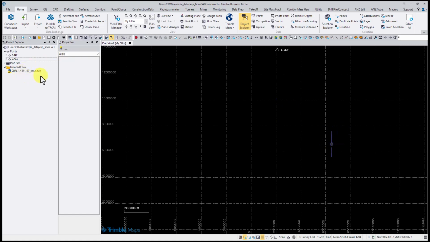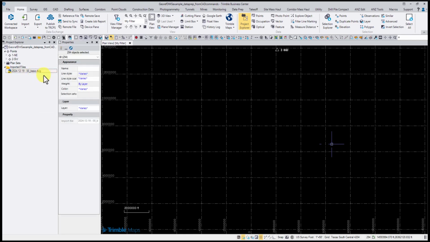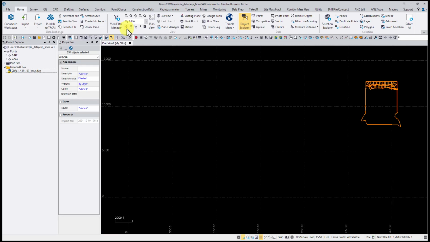So what I like to do as a starting point here is select the drawing, right click, select member, so we can kind of see it highlighted. You see it's pretty much at 0, 0, 0 as we might expect. Then we can actually go to our home ribbon under the view group and click center, and that will zoom